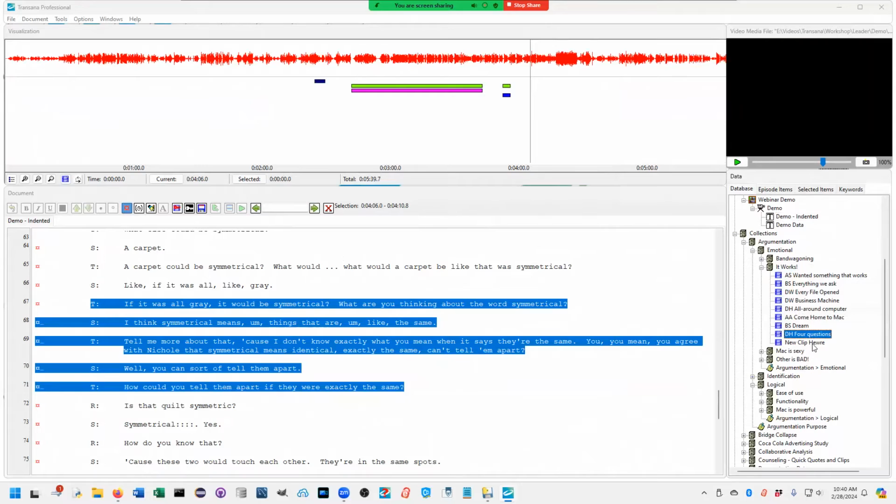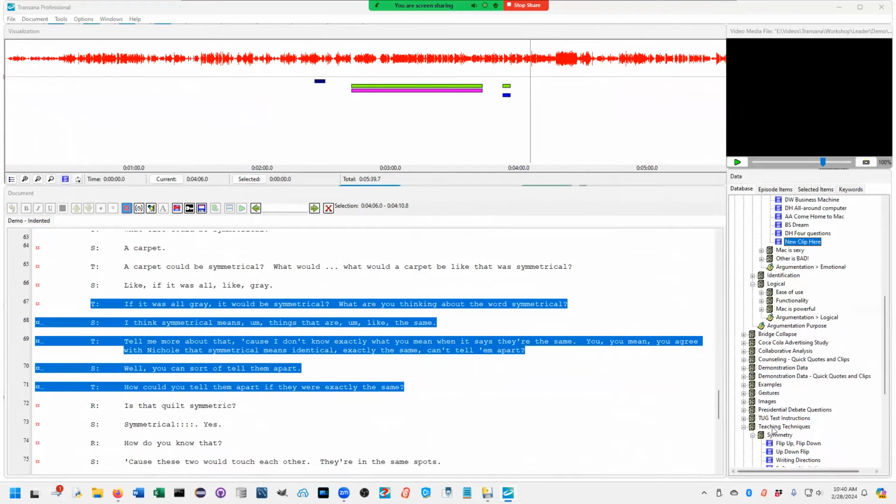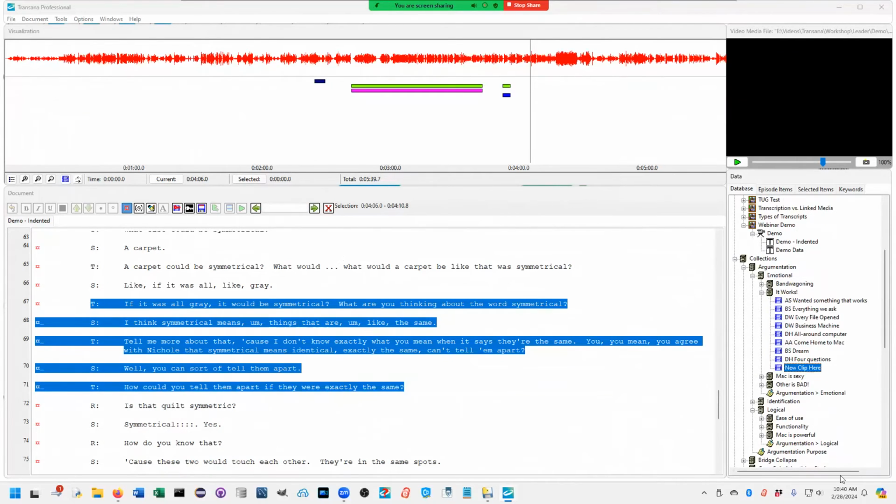And that shows up in my collection there. So I can create clips without doing any coding at all, which is what I just did for this one. I could have added coding during that creation process as well. There was an opportunity to do that. Or you can create quick clips using the coding process and then move them into meaningful categories